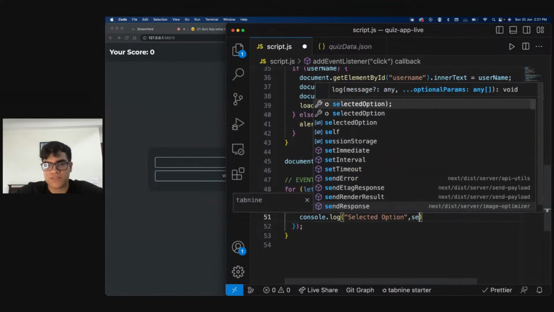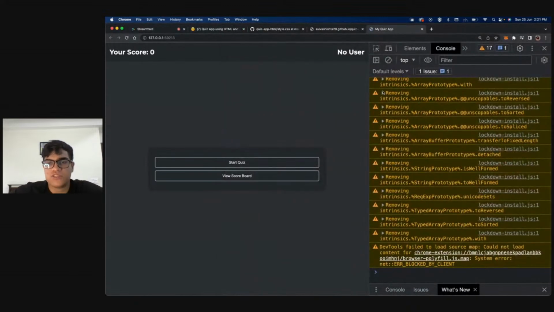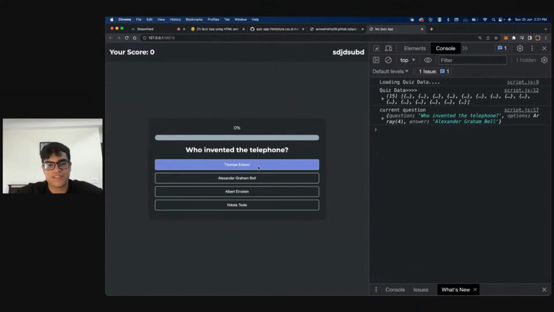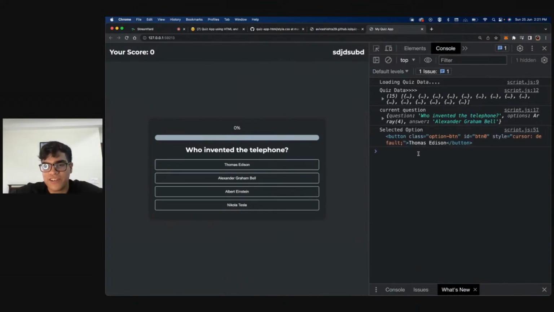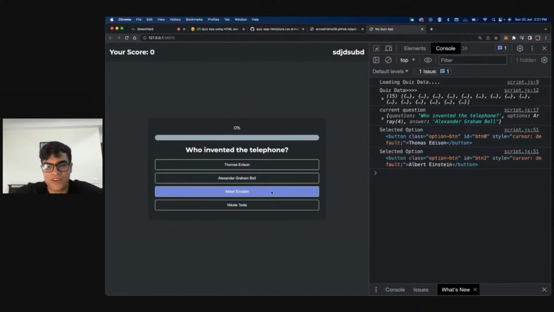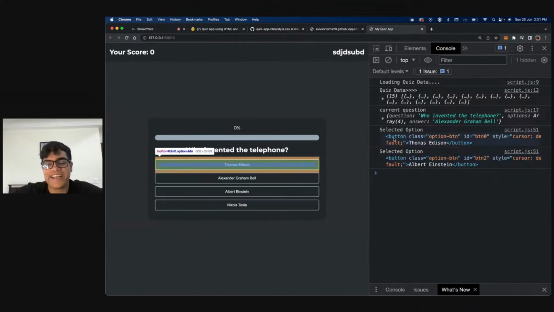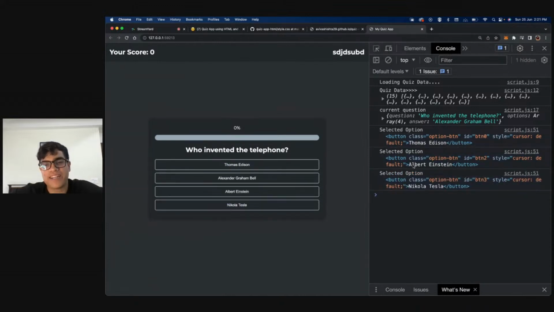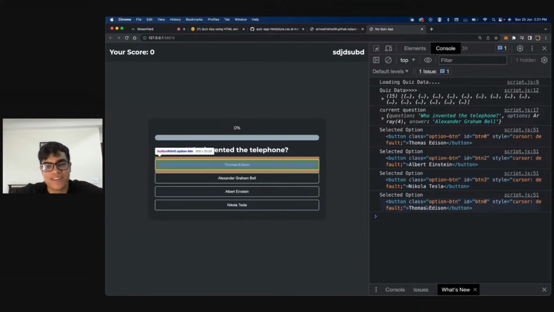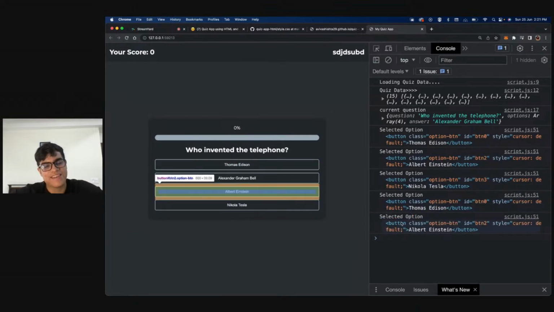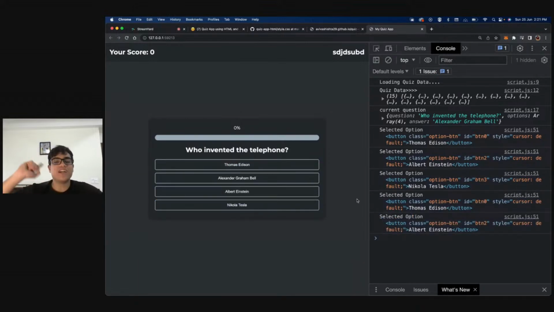We're almost there, guys. So don't worry, the app is almost done. Okay, have a look at this now. We start the quiz. As soon as I click on this, do you guys see what button I selected? If I click on this, do you guys see? I can now get the button that I have particularly selected. Does that make sense?